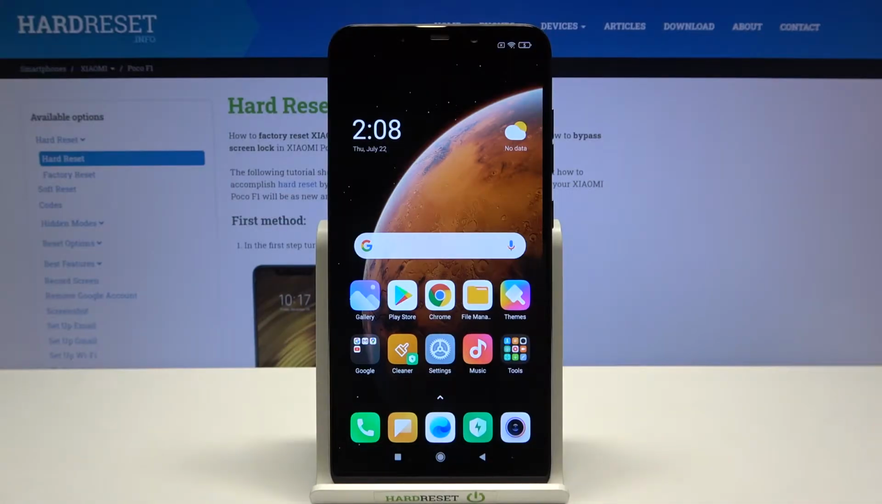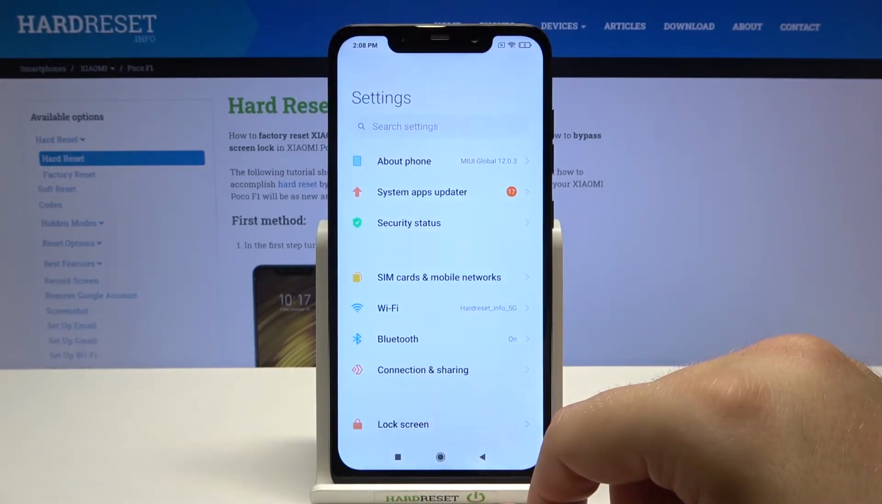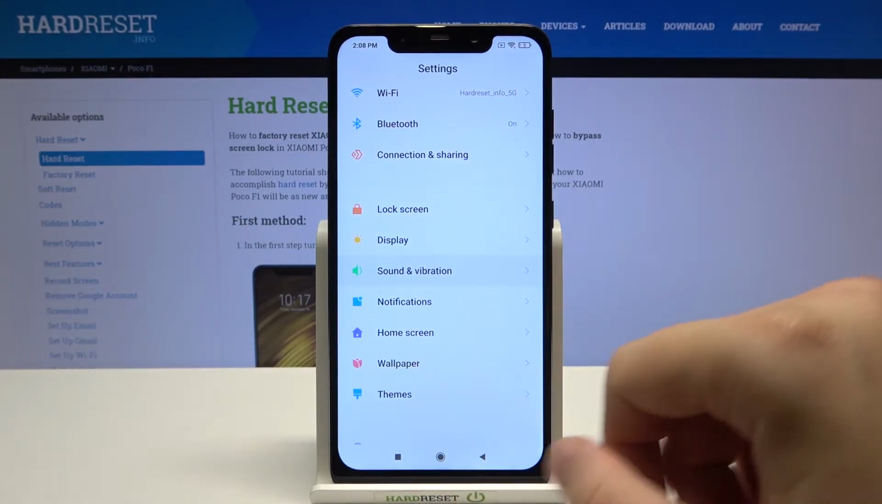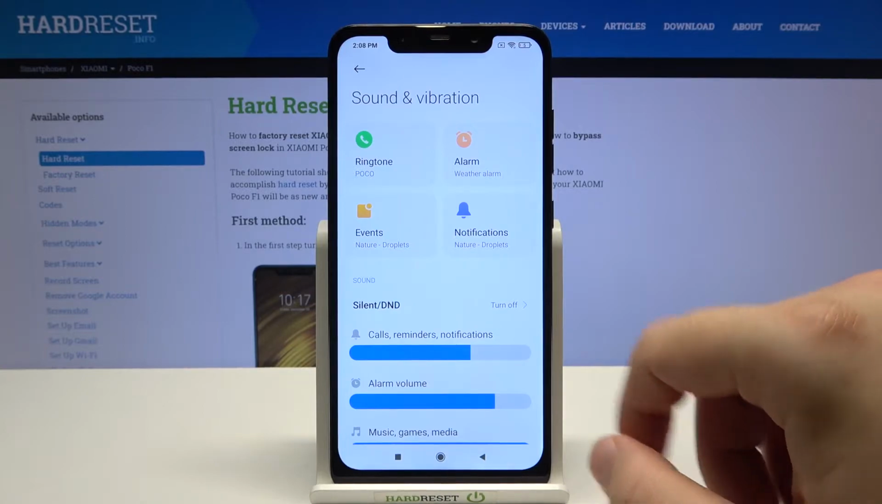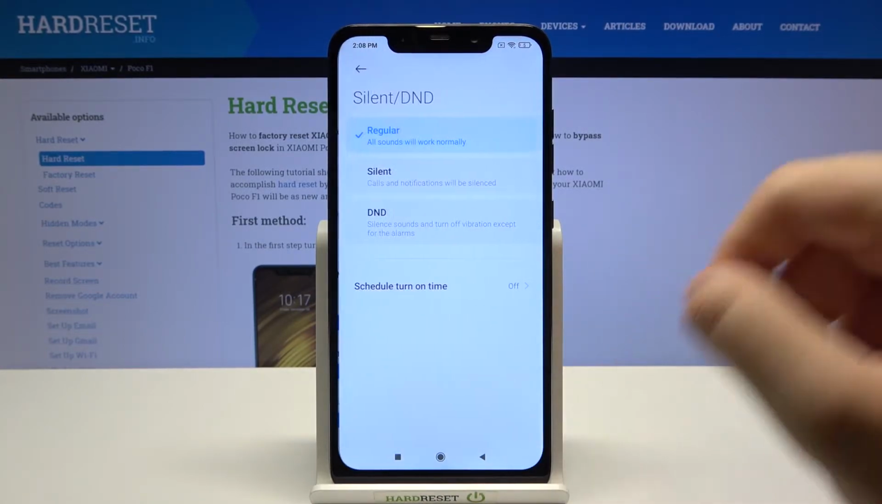Welcome! In front of me I have Xiaomi Poco F1 and today I will show you how you can find and manage sound settings. Open Settings. Next you have to scroll down until you find Sound and Vibration. And when you are here, at the first we can activate and deactivate silent and do not disturb mode